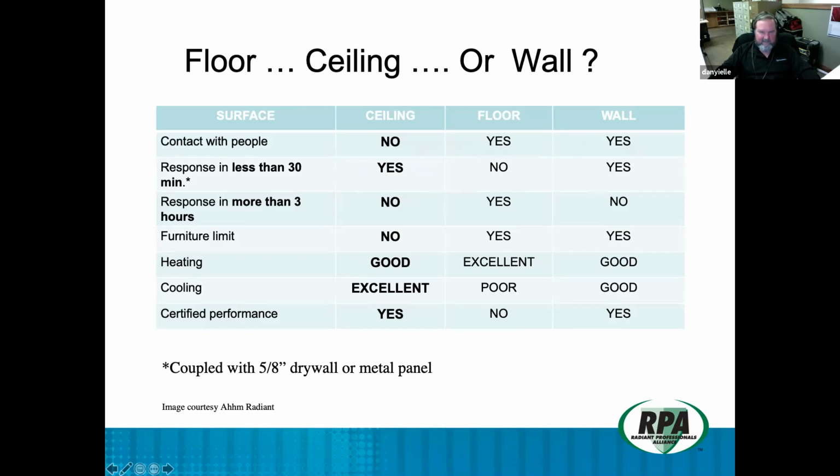These two yeses basically allow you to use a programmable setback thermostat. Programmable setback thermostats are not compatible with radiant floors. If they've got radiant floors, we tell them to set it and forget it. If you'd like a cooler sleeping environment, turn it down to 65. Your other spaces, keep them set for around 68 to 72, depending on how much glass you've got within that space. Response within a 3-hour period,